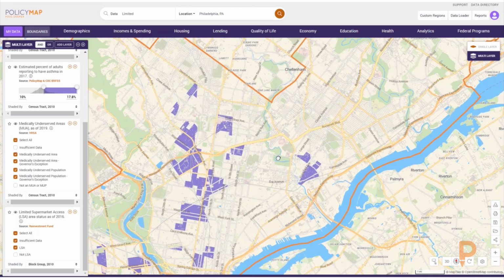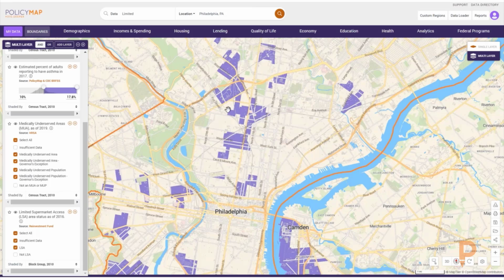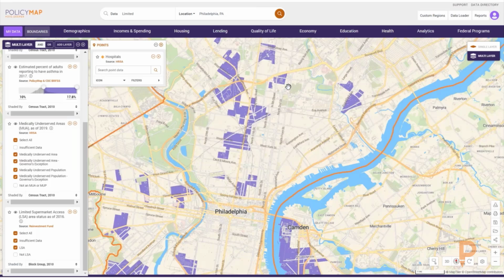So these are pockets where, as a public health entity, I might want to think about interventions to make sure that these communities, because they're going to have a harder time should they get sick, where we could create a set of interventions now. So we could, for example, under health, load in hospitals to see where the hospitals are